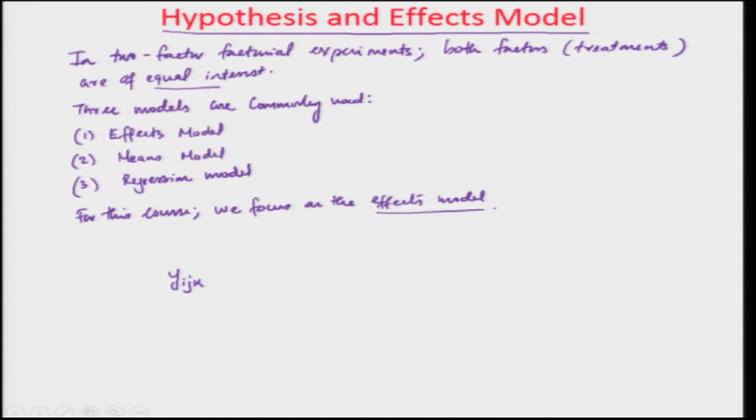Y is what is called our response variable, is equal to mu plus tau i plus beta j plus tau beta ij plus epsilon ijk, okay, where